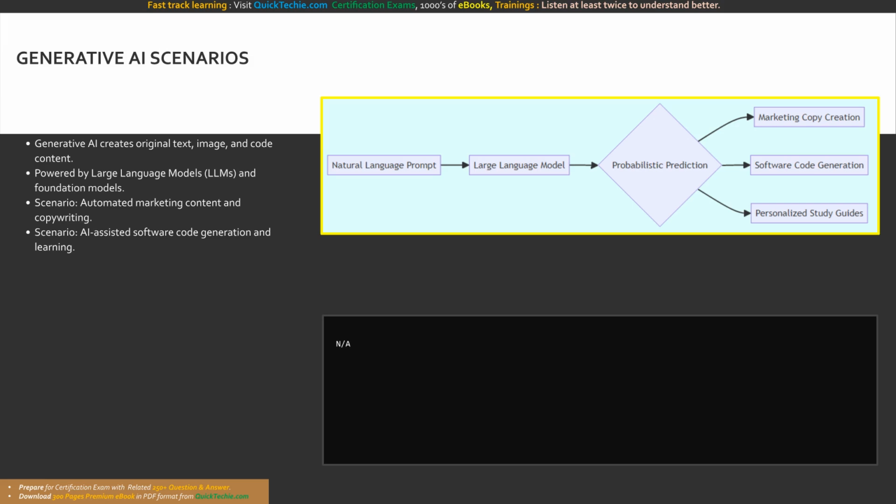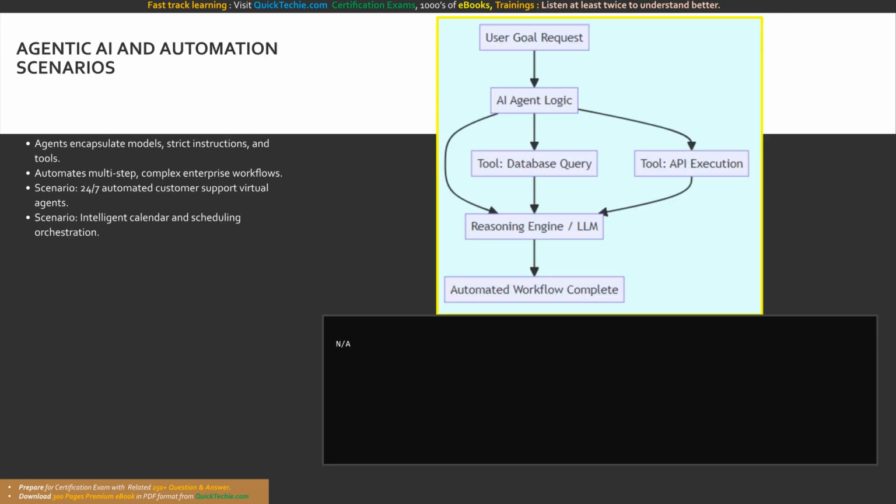This visual demonstrates the core generative workflow. A user submits a natural language prompt into a large language model. The model utilizes probabilistic prediction to generate completely original assets, such as marketing copy, software code, or personalized study guides, driving immediate business value. While generative AI models provide raw intelligence, our next workload, agentic AI, turns that intelligence into